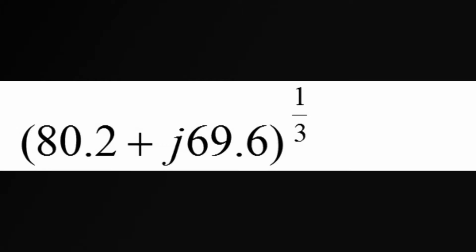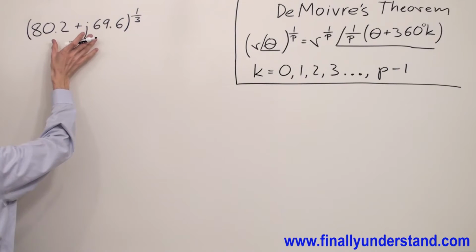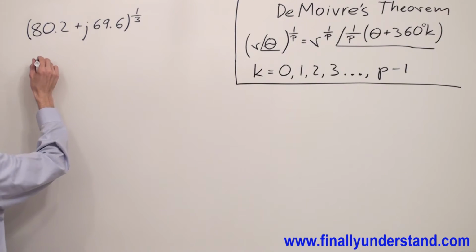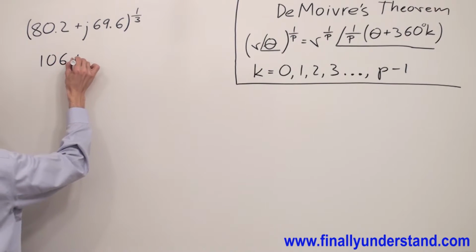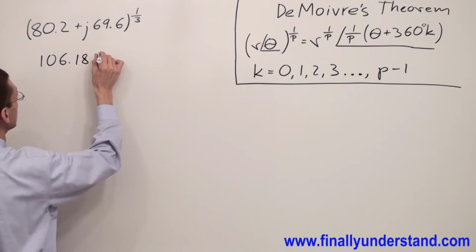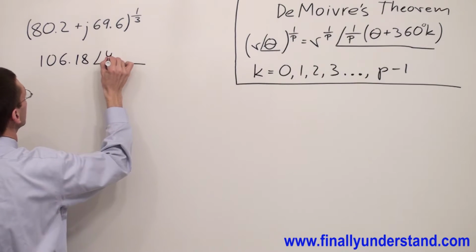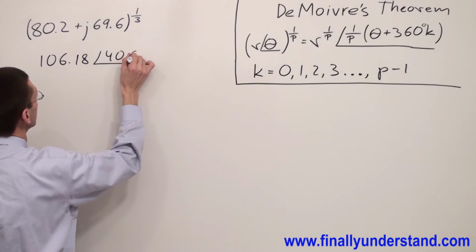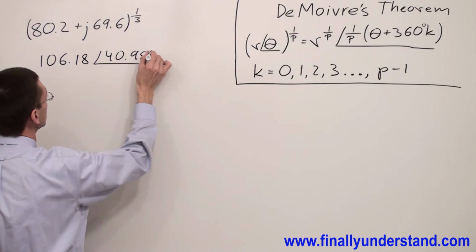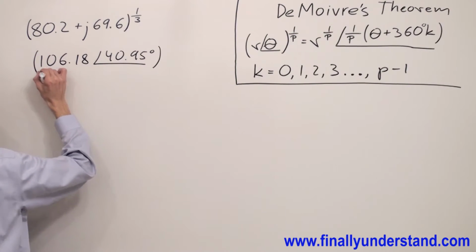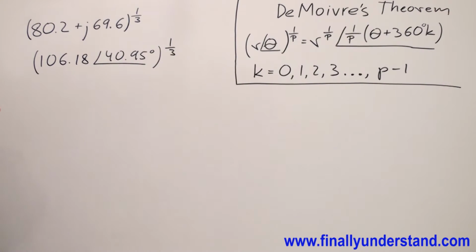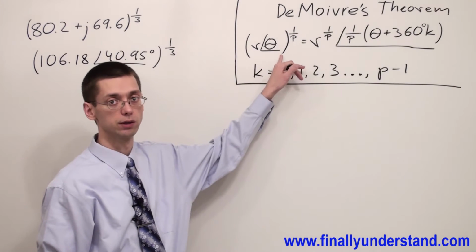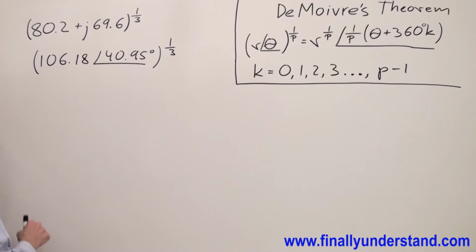This complex number expressed in rectangular form is equivalent to 106.18 at an angle of 40.95 degrees, raised to the power 1/3. Next, we're supposed to apply the following theorem. This is equal